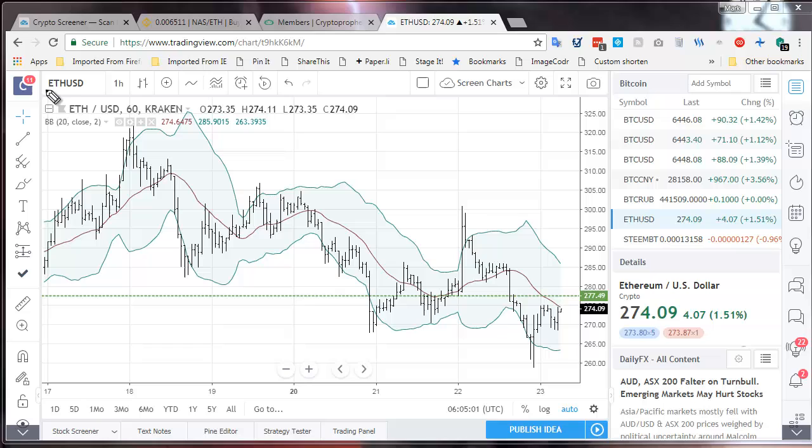I am trading on a 1 hour chart. This particular chart is Ethereum against US dollar. The key components of the chart, as we can see, price is tracking along here. I use bars with no colors so I don't get disturbed by which direction things are going. I've put on the chart Bollinger Band, which works around a moving average. It's a 20-period moving average, and it plots a band which is 2 standard deviations either side of that moving